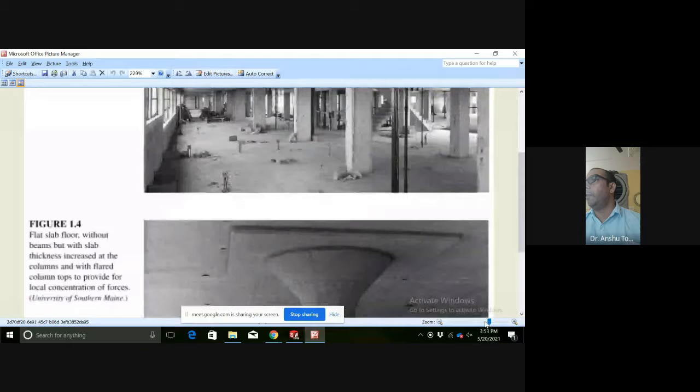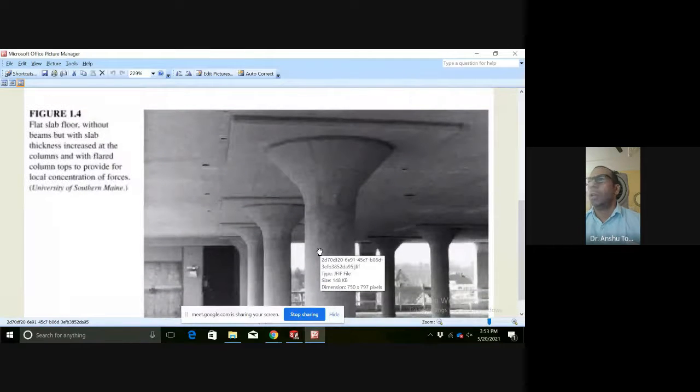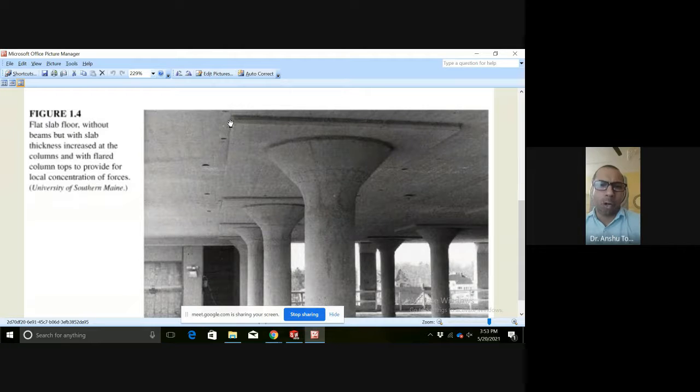This is a flat slab system used in buildings where more span is required. You can see we have got the slab, we have got the drop panel of a certain thickness, actually it varies from 65 to 70 mm, that is 6 to 7 centimeters,